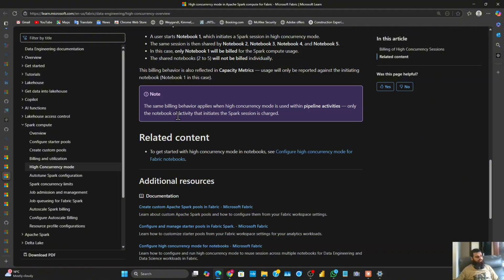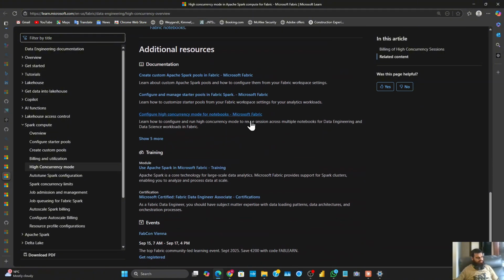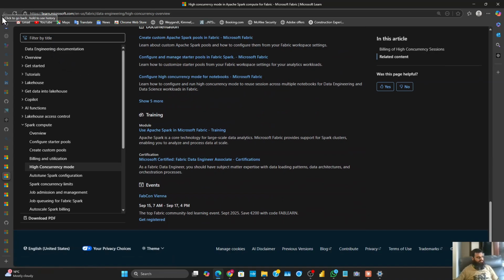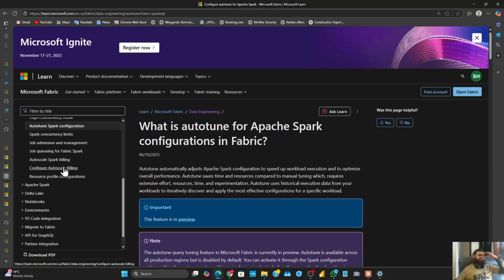Only the notebook or activity that initiates the Spark session is charged. Only the first one is charged. If the first one is charged, then